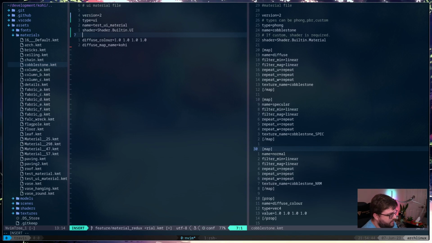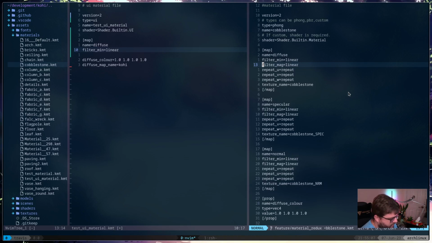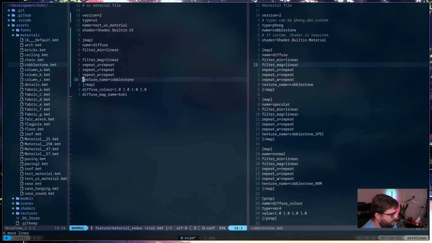Let's see. And then all we need to do is set diffuse map and diffuse color. So we'll do map first. So name equals diffuse. Filter min equals linear. You know what? I'm going to copy this because that's going to take a stupidly long time to type all that out. So we got the min, mag, UVW, repeat.